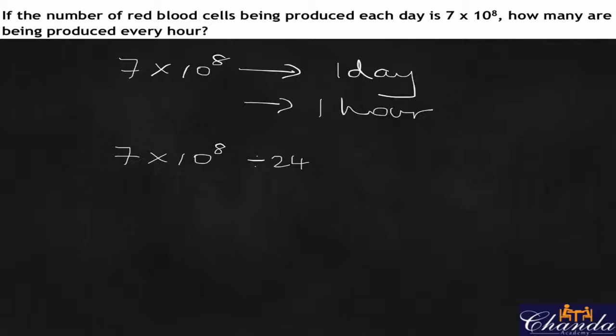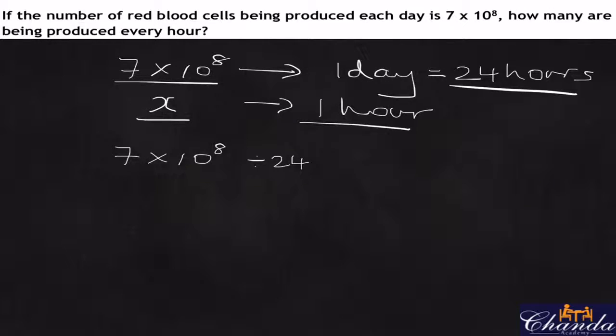Why is it 24? Because one day is equal to 24 hours. Now, if we were to look at it as ratios, remember guys, at this level, we're going to be covering questions that involve knowledge from multiple different topics, not just the topic that you're working on. So this is indices, but if we were to look at it from a ratio perspective, imagine there is 7 times 10 to the power of 8 in 24 hours, and we're trying to find out how much it is